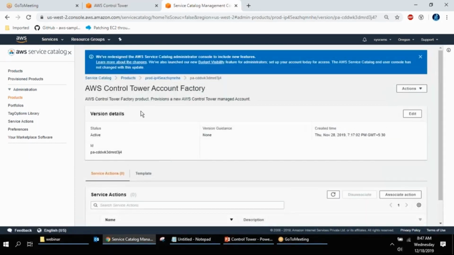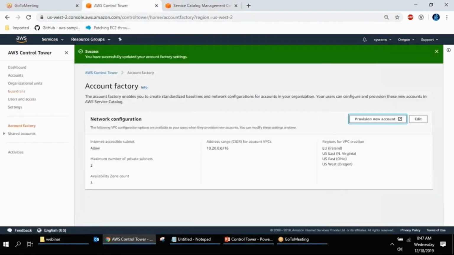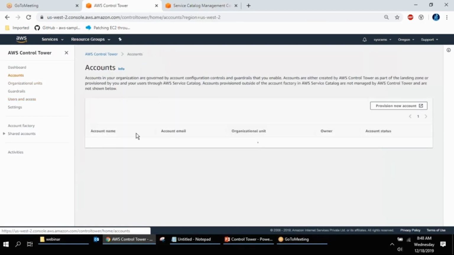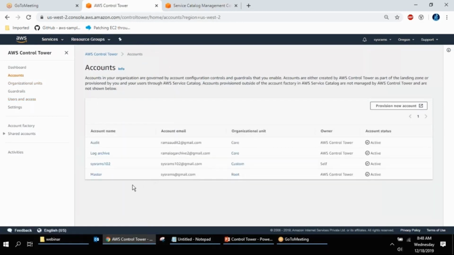Okay, wait, let me log in as another user. I think I don't have the full access. Let me go here. I think I created one user. Let me check the usernames.